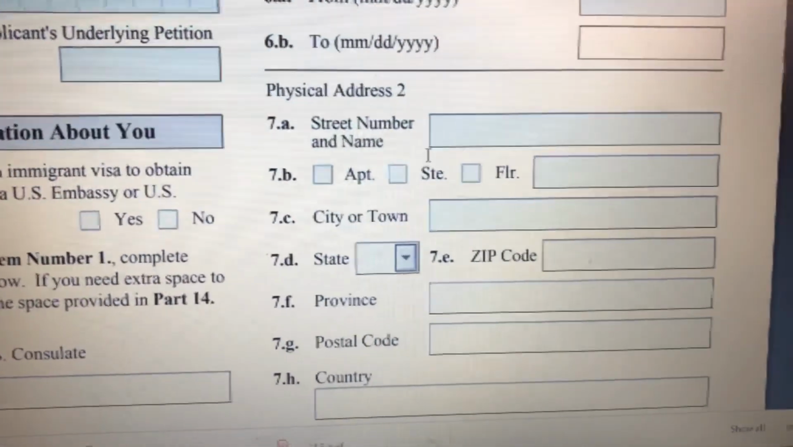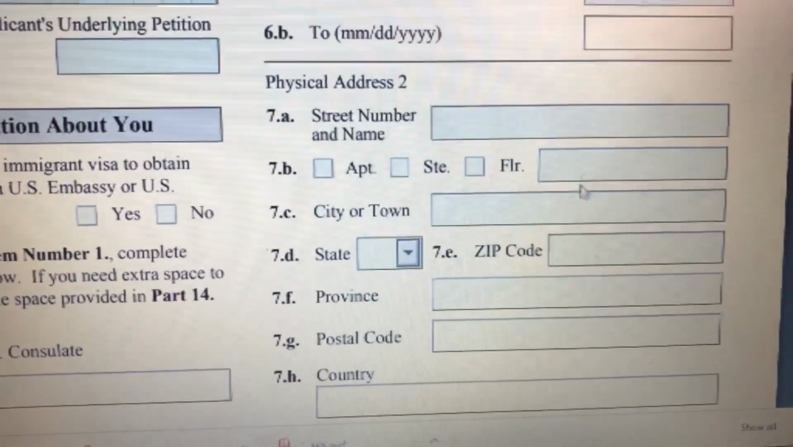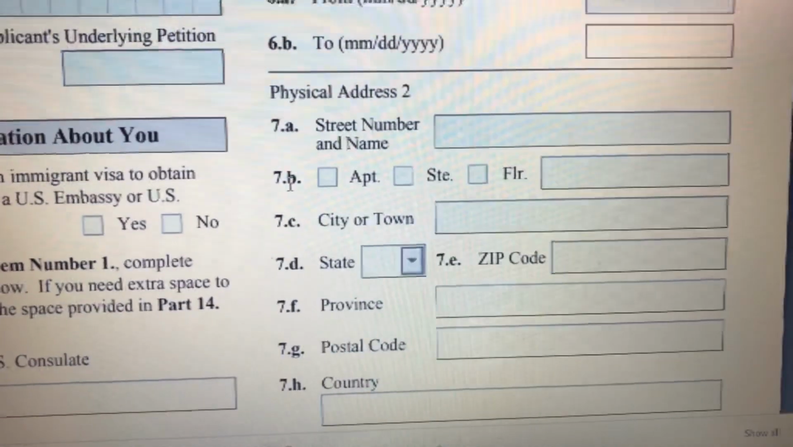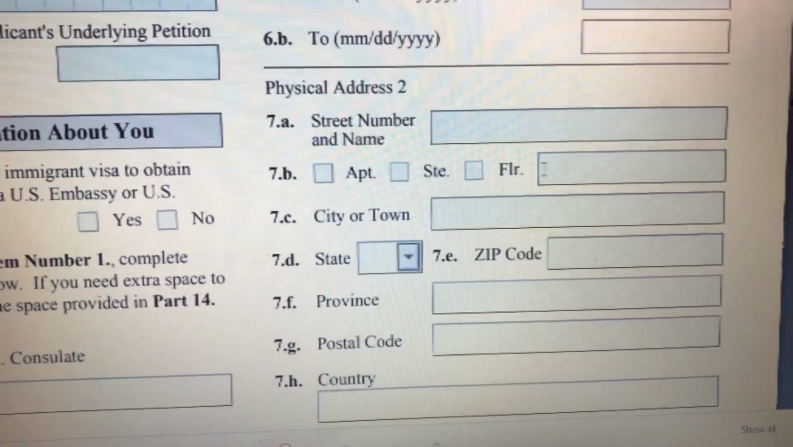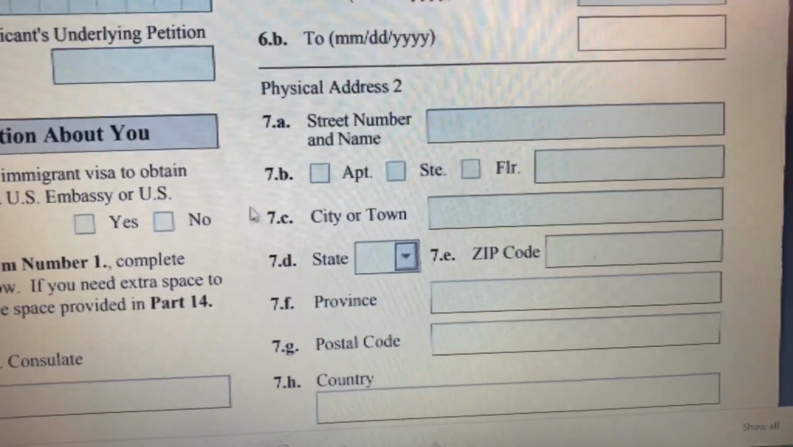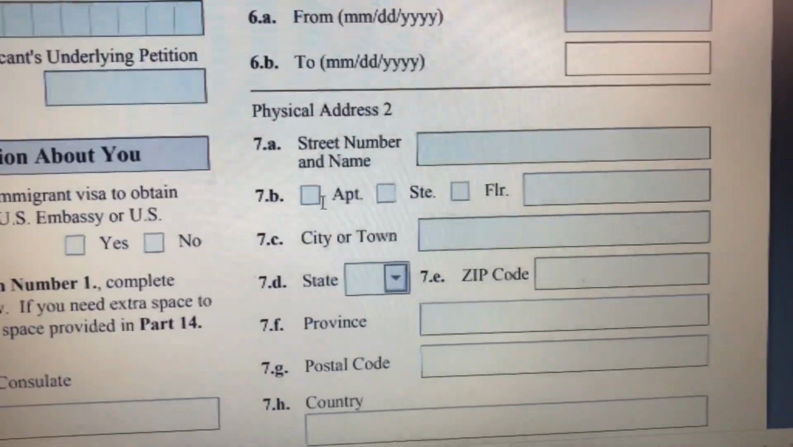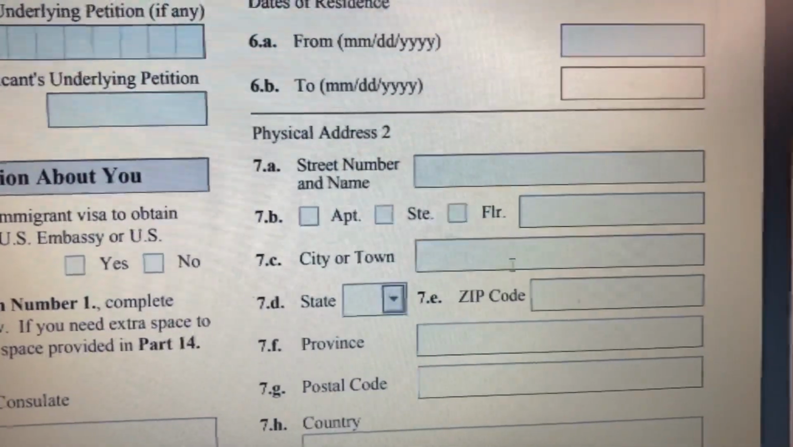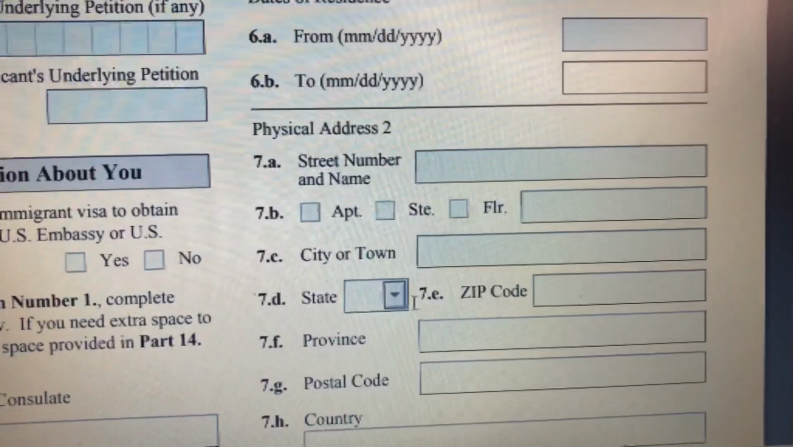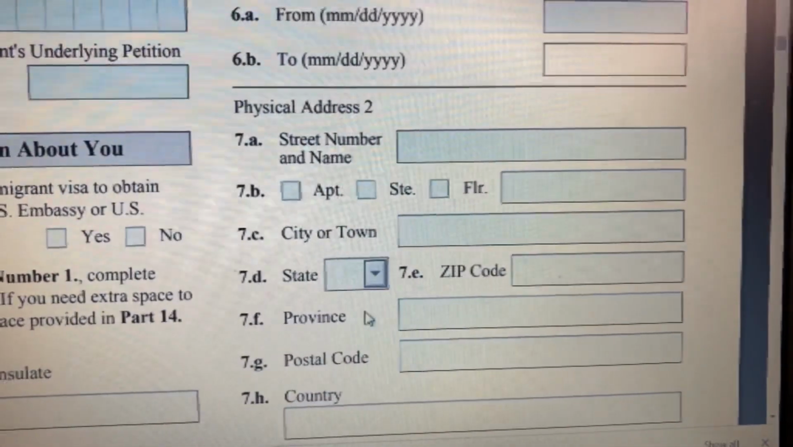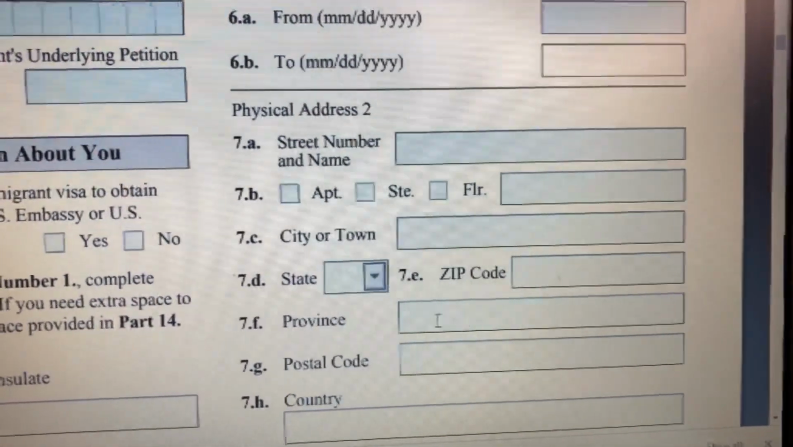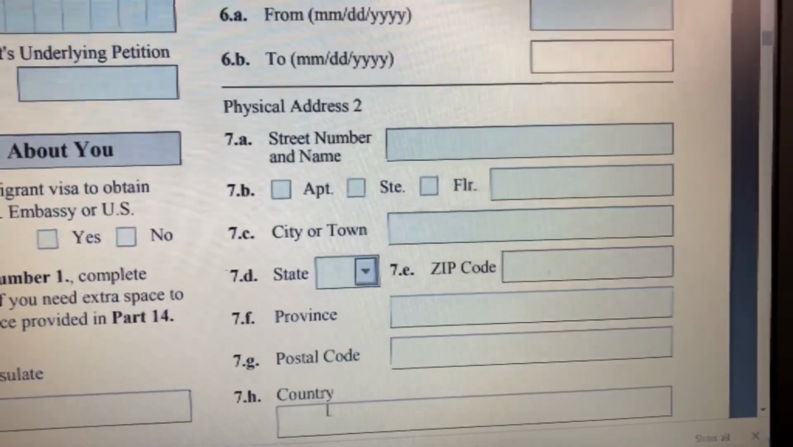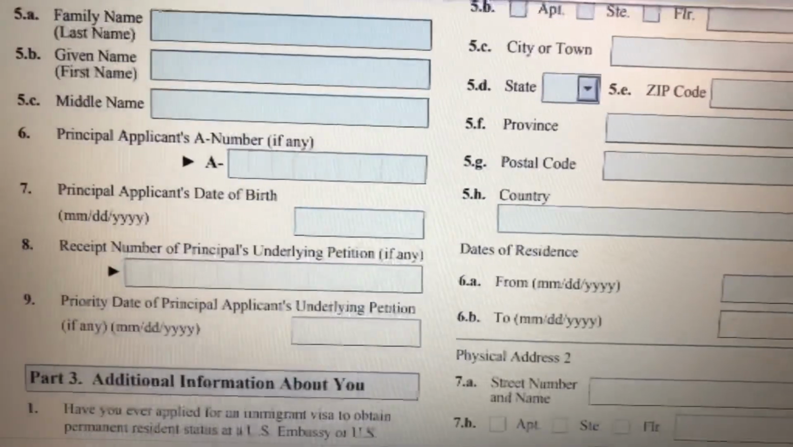The next question, this one right here, physical address 2. So fill up this box right here, guys, the street number and name, and then the 7B, just leave it blank. This 7B box, guys, just leave it blank right here, guys. And then 7C, write it down, your city or town, then state, zip code, then your province, then postal code, and then your country. Alright, guys, so next page,